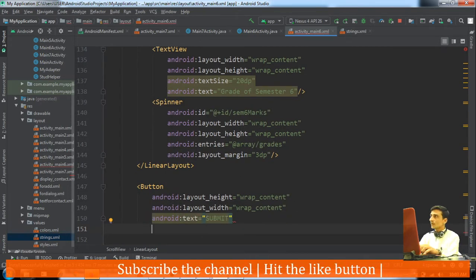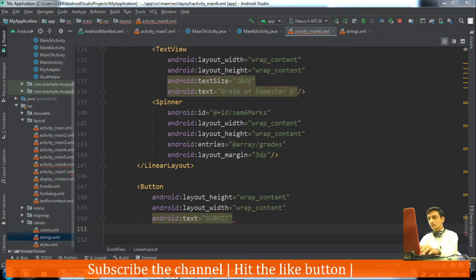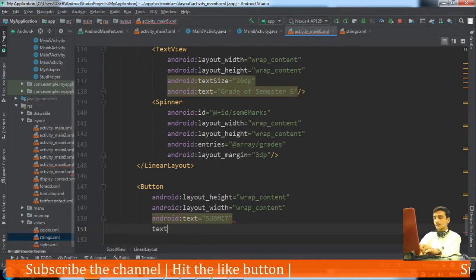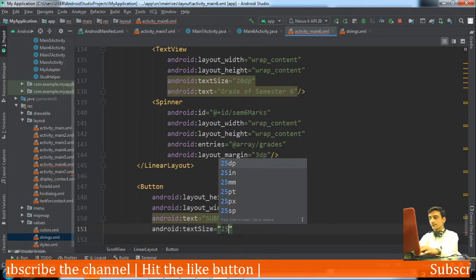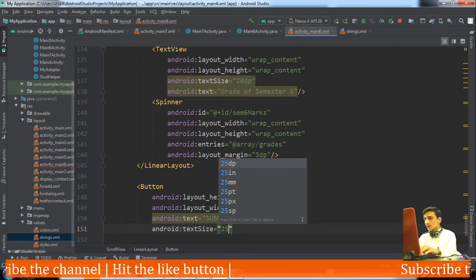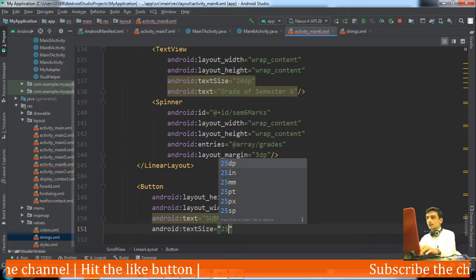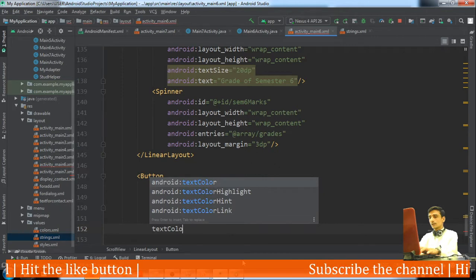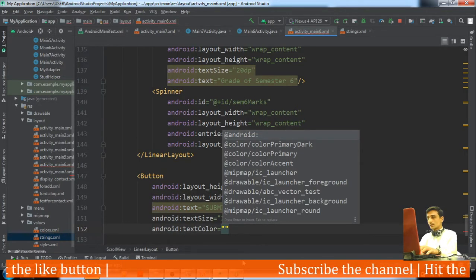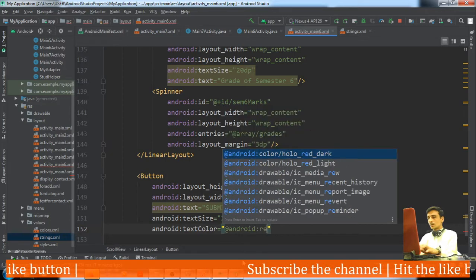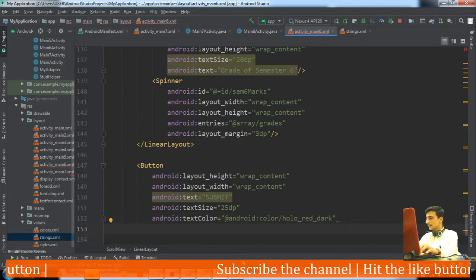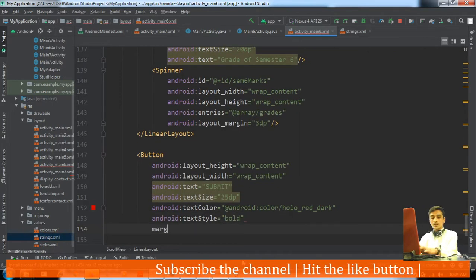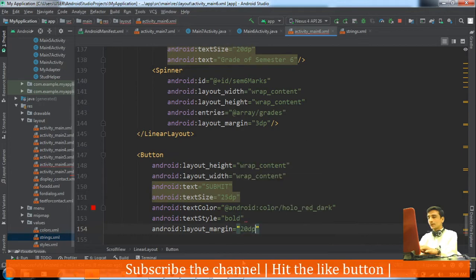Then after text, what should be there? Text size 25 dp. Then text color red, and text style bold, margin 20 dp.